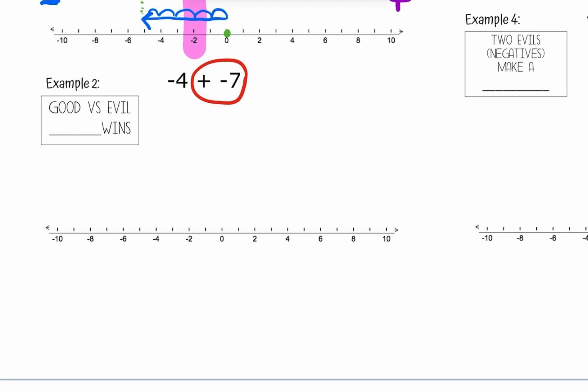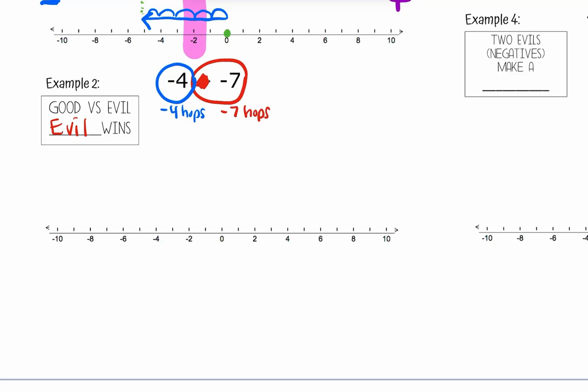And then I'm going to go from the back of the 4 to the front, and I'm going to rewrite. So this is a -4 hops. And then remember, we have a good versus evil situation. And who wins? Evil wins, right? And so I'm going to scratch out that positive and keep this as a